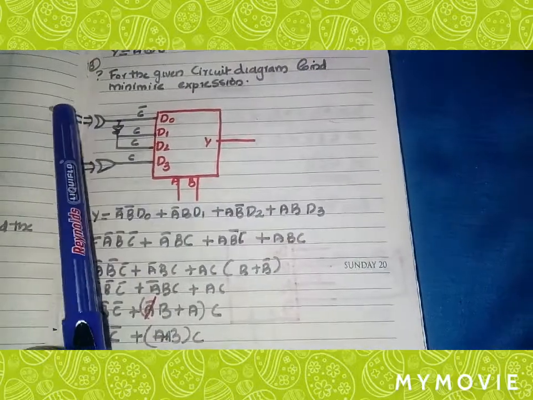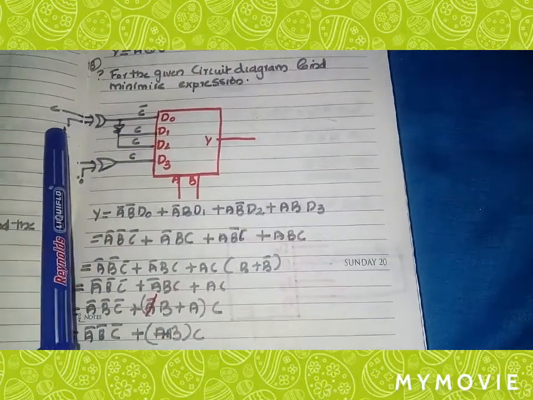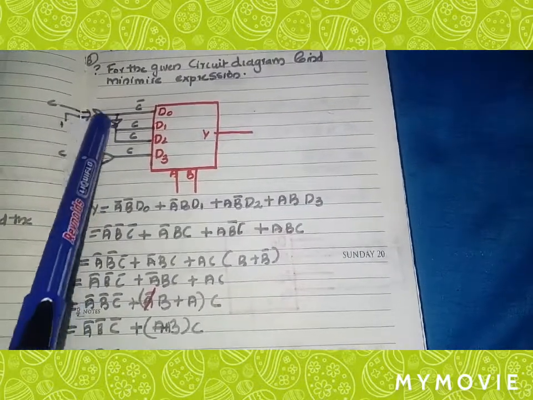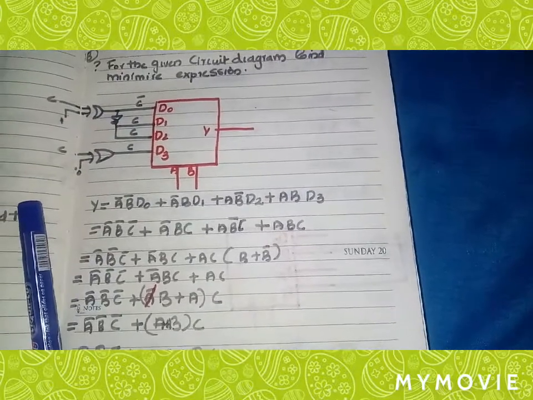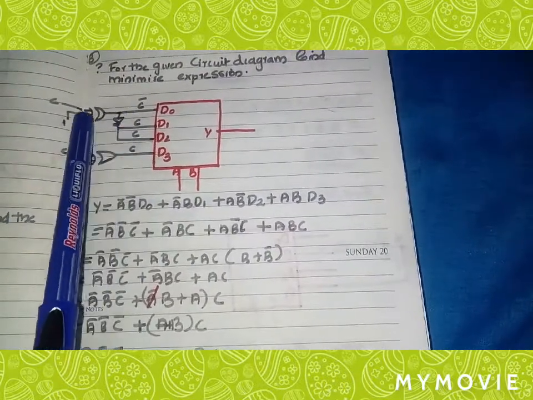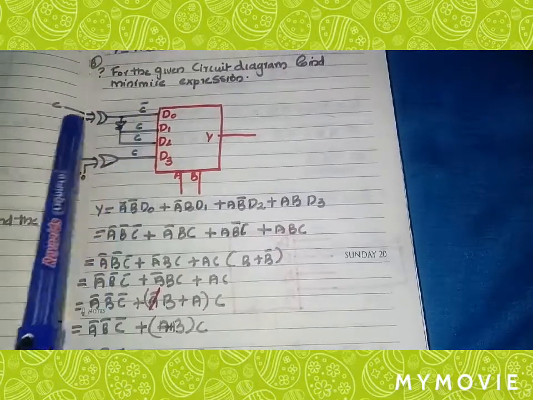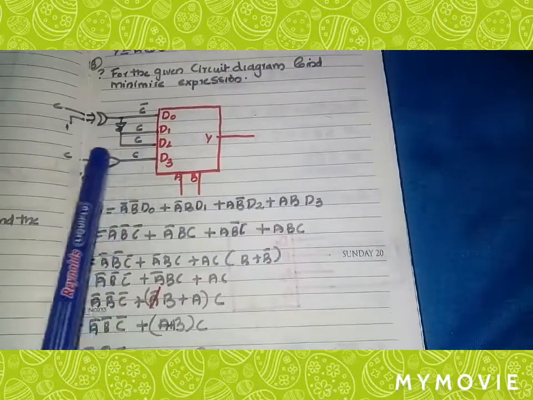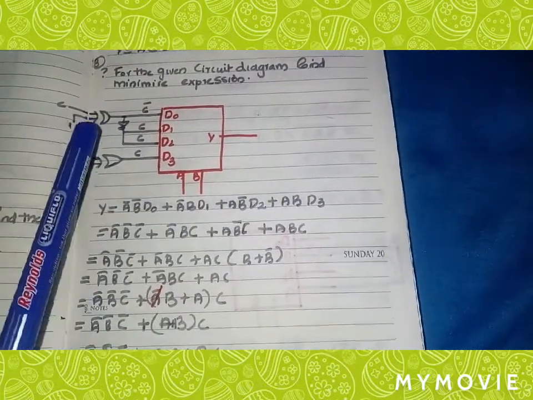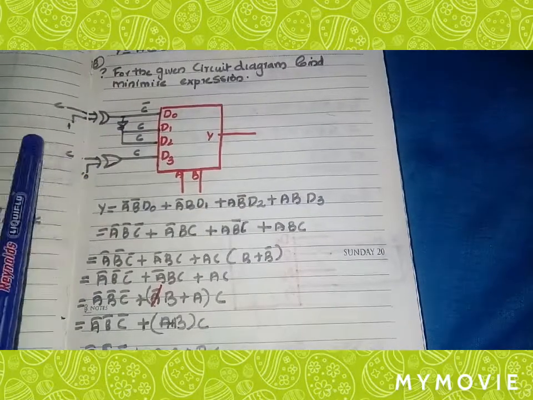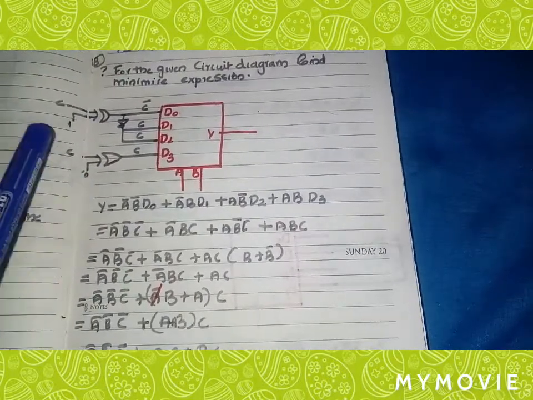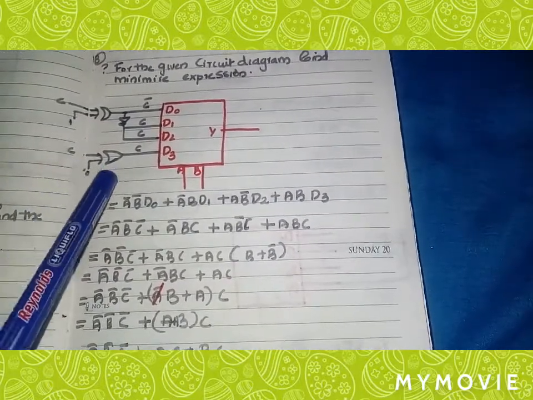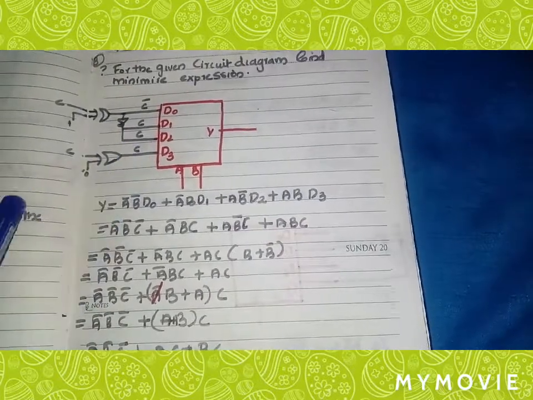Consider the figure. Here the inputs of an XOR are C and 1. XOR means if one input is 1, the output will be the other input's complement. So here it is C bar, and here is a NOT gate, that is here C, here also C, and here we get another XOR. Here also the inputs are 0 and C. If an XOR input is 0, the output will be the other input itself. So here the output will be C.